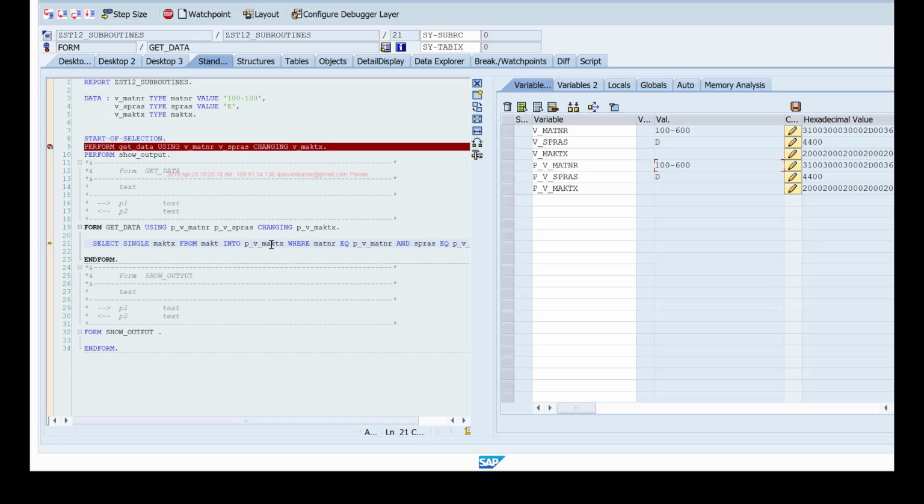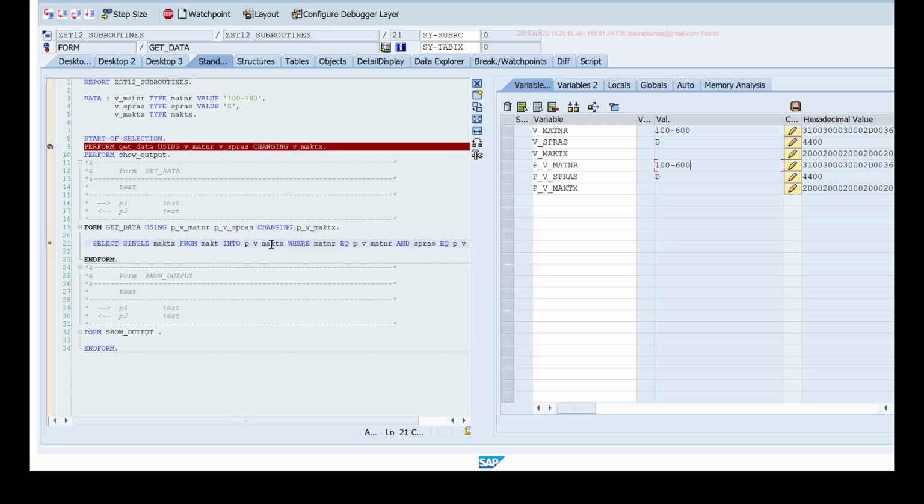For example, you have a subroutine and you have written some code, and halfway through the code you realize that a certain condition is not met. Then there is no way for you to revert it because all the changes you made so far will have already been updated and the original memory is already changed, right? So you don't have any option to revert back those changes. So when you're passing by reference, the original is changed immediately when you change the formal parameter.